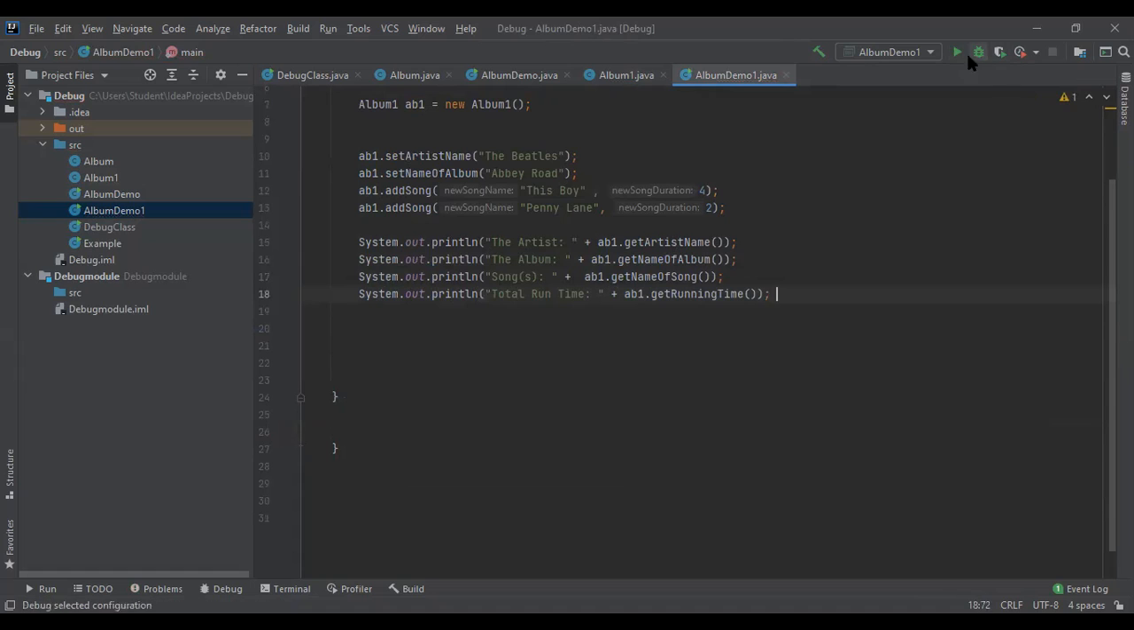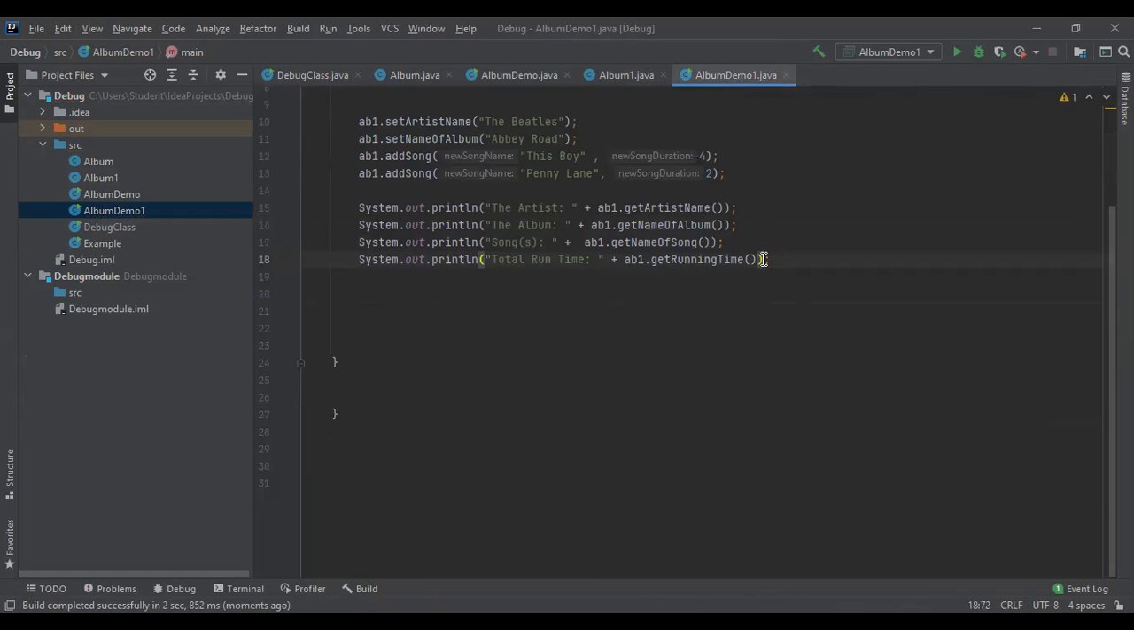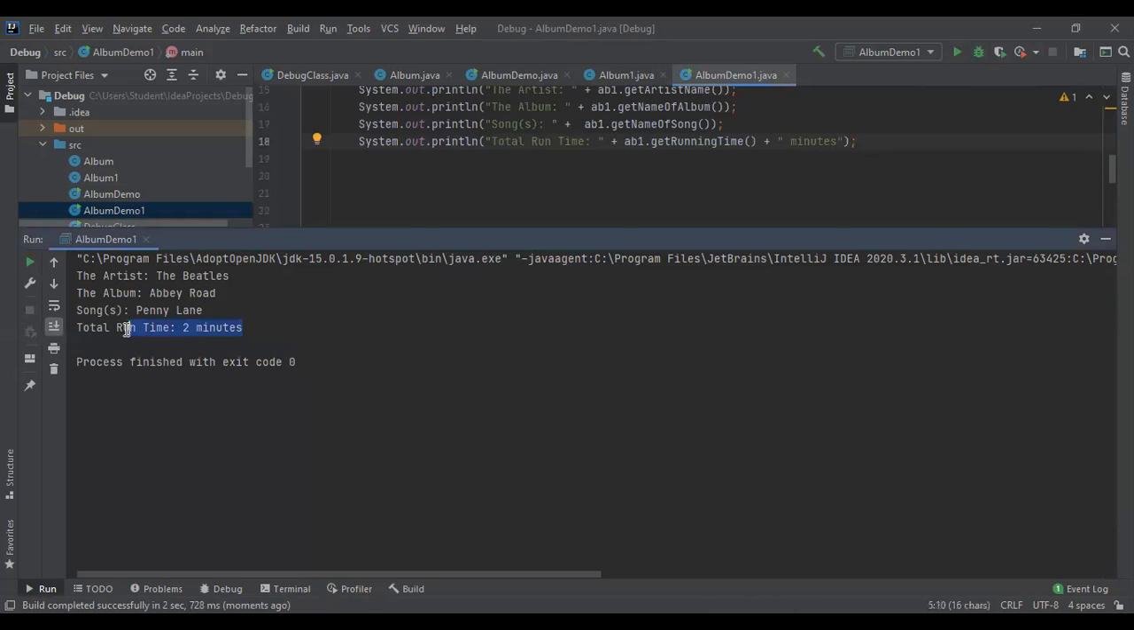Okay, this will essentially be what? So the runtime is 2. 2 what, right? Let's just say 2 minutes. Total runtime, 2 minutes. So that makes sense. A lot of sense, actually, right? More sense than I anticipated. But